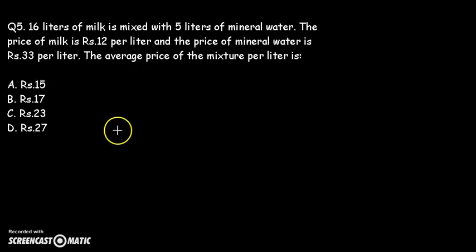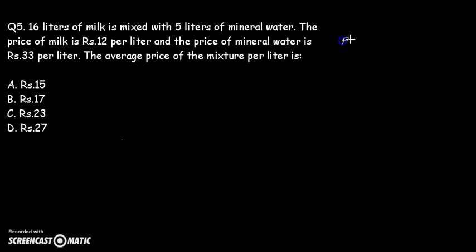Let us see the last question in this series to understand the concept of alligation and weighted average, and to also understand when to use which one. So now it says 16 liters of milk is mixed with 5 liters of mineral water. The price of milk is rupees 12 per liter and the price of mineral water is 33 per liter. The average price of the mixture per liter is, so the first method you can use is the weighted average,